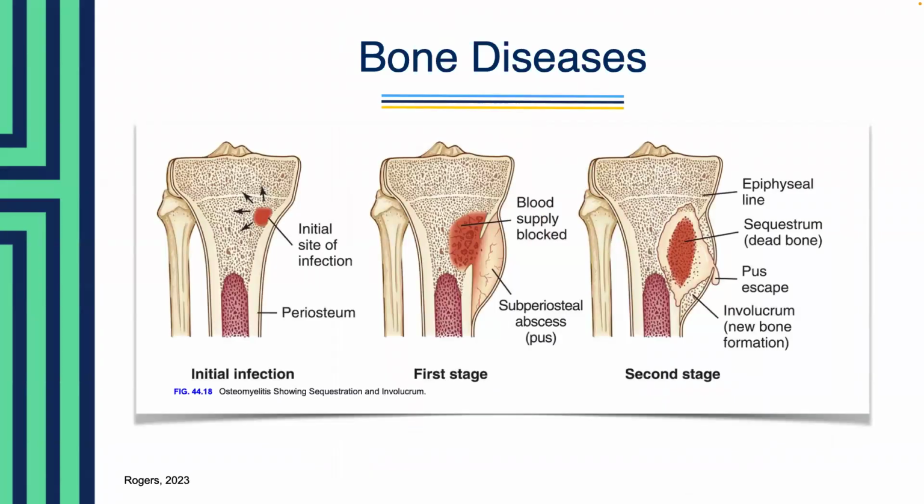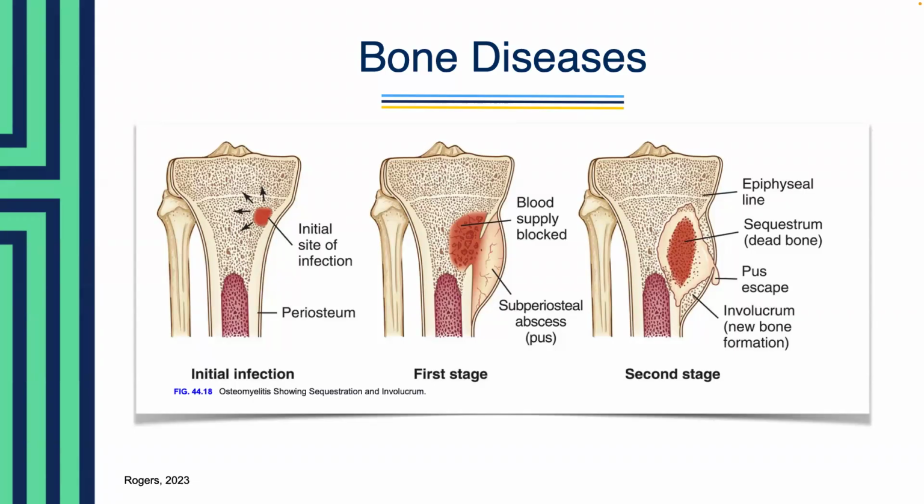All right. Next, we are going to go over osteomyelitis. And in figure 44-18, it shows the stages of osteomyelitis. In osteomyelitis, it leads to bone necrosis through the following process. So the invading pathogen provokes an intense inflammatory response, and then this causes vascular engorgement or edema and small blood vessel thrombosis.